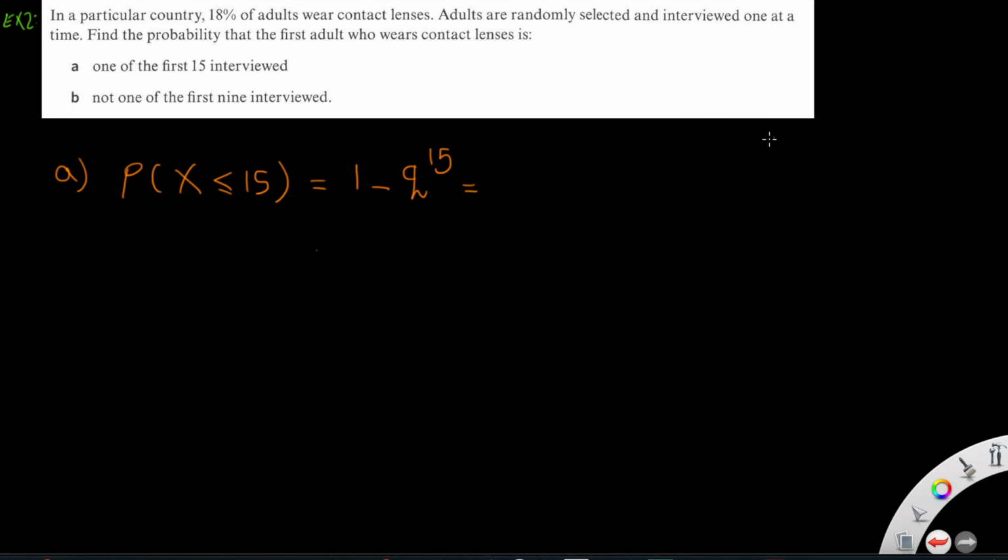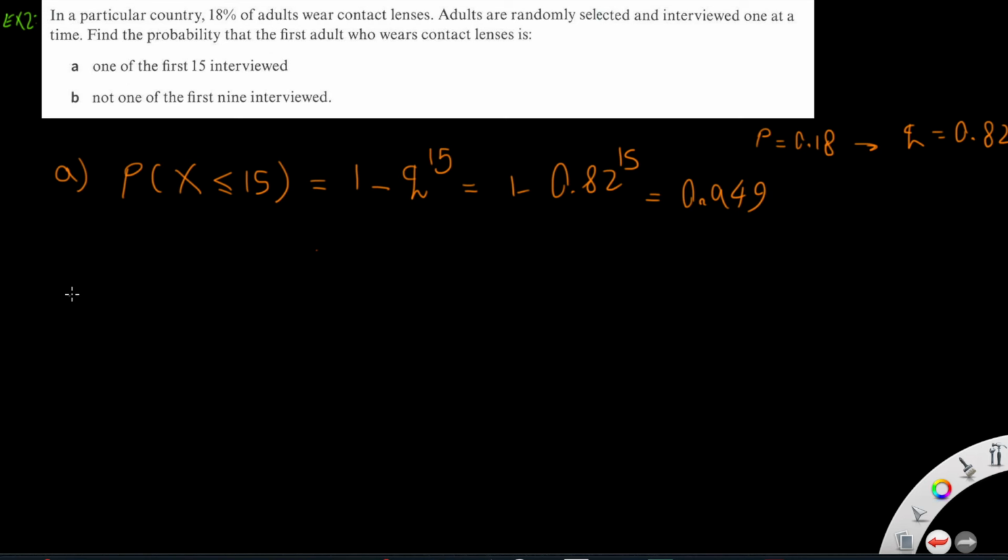The probability of success is 0.18, so the probability of failure is 0.82. Now it is equal to 1 minus 0.82 to the power of 15, which is equal to